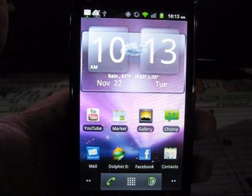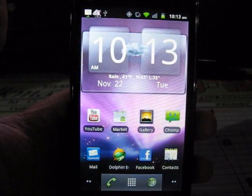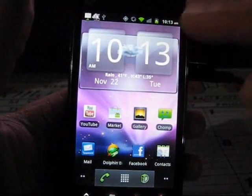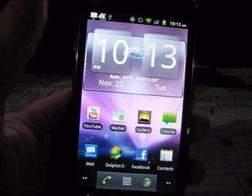So another common question I get is payment schedule. People are asking, okay, if I just go to the ZTE Warp, and will that alter my